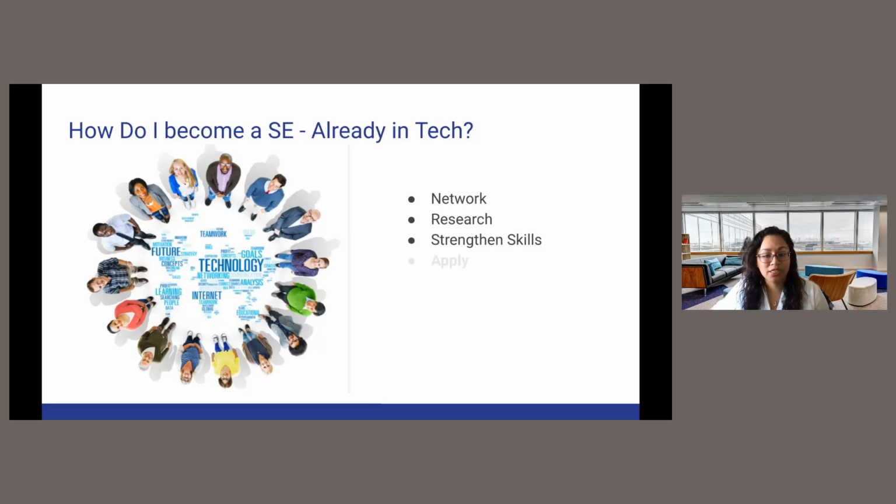And then last but not least, apply for it. Sometimes just in the application process, you're going to learn a lot about what the position is about, what the hiring process is about, what they're really looking for. And let's pretend that you apply and you didn't get the position. Ask for feedback. That is very important. Your feedback after your application is going to be the one part that makes you resilient to say, yes, I want it, this is what I'm missing, I'm going to work on it and I'm going to apply again. So if you really want to be part of sales engineering, don't get discouraged if you do not get it the first time. Apply for it, get your feedback, make the adjustments that you need to make, and apply again.